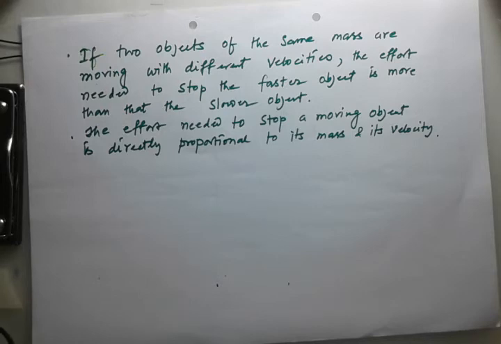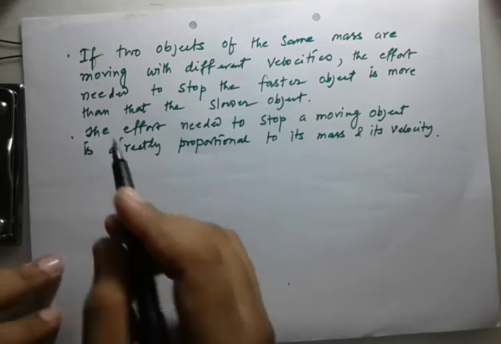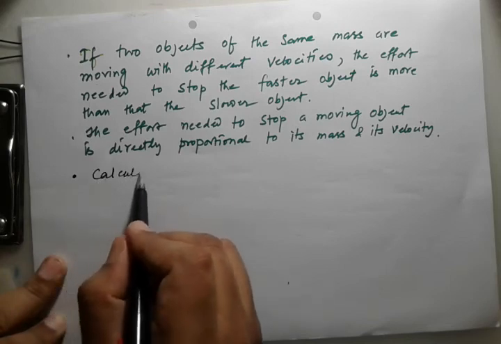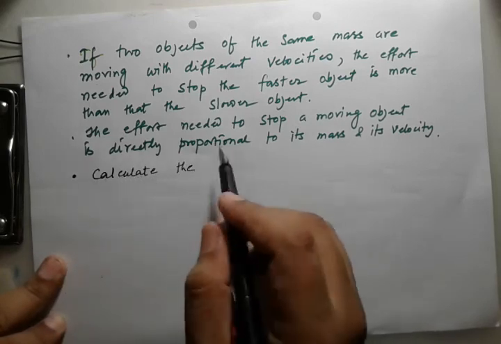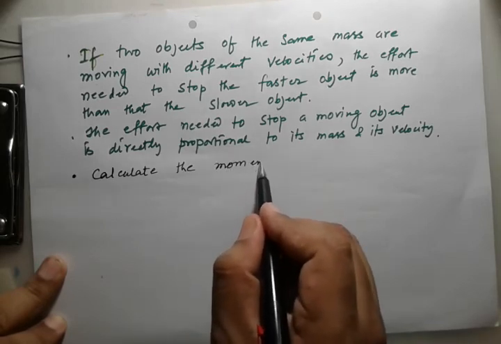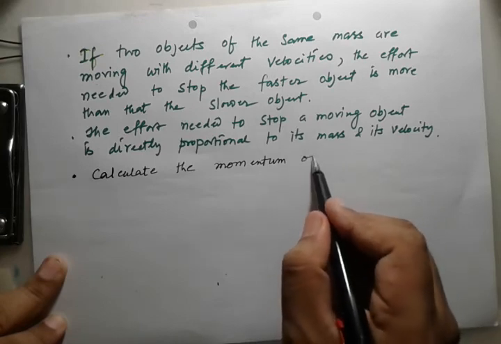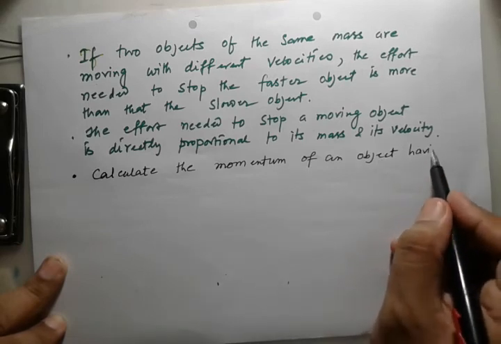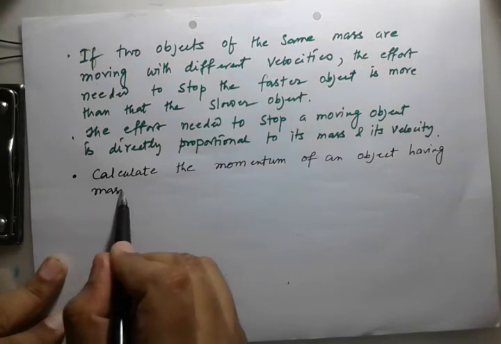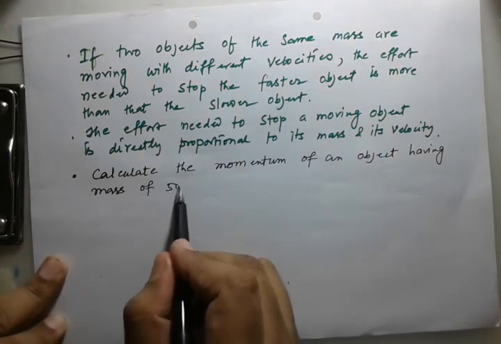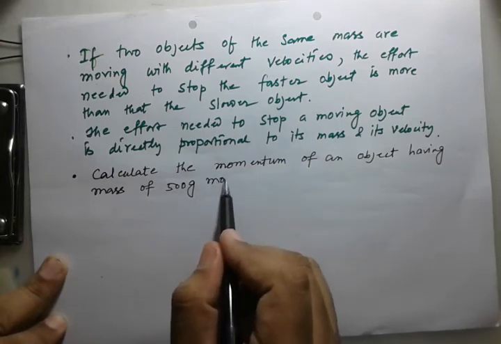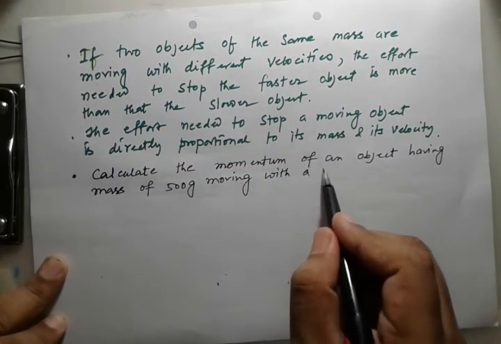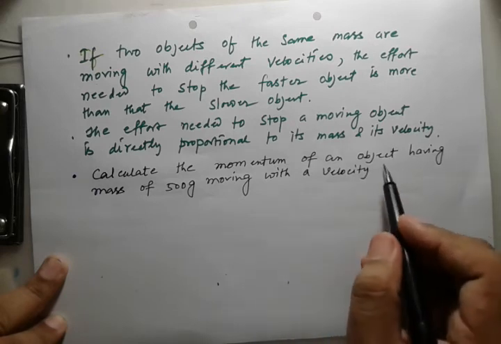I write down the numerical: calculate the momentum of an object having a mass of 500 gram moving with a velocity of